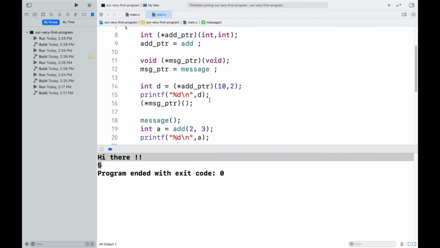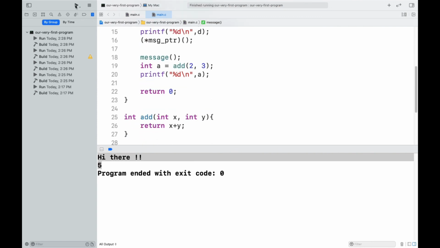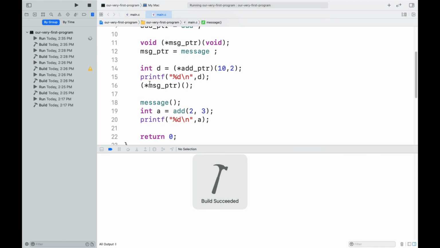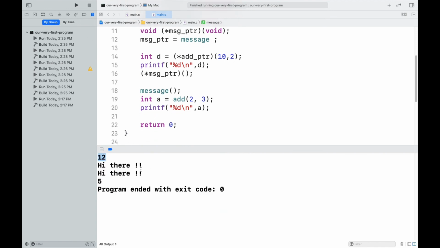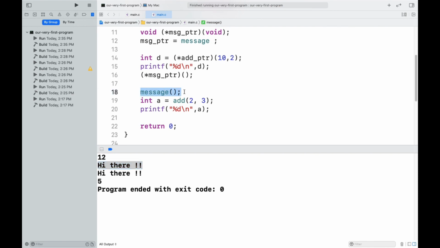So I hope you have understood now, and we should expect a result of 12, then hi there, then 5 and hi there. So we have 12 and hi there, and again hi there, and then we have 5 again.